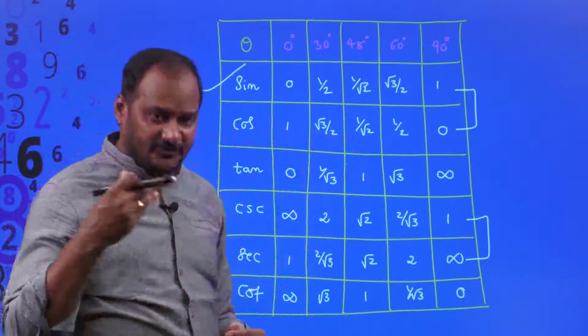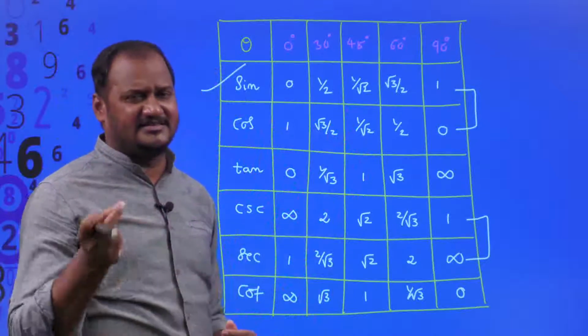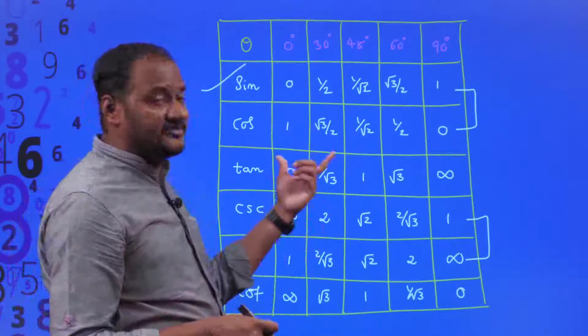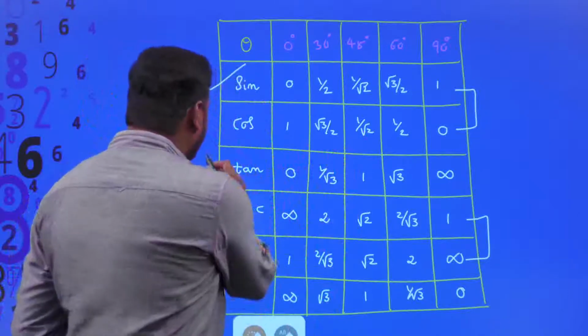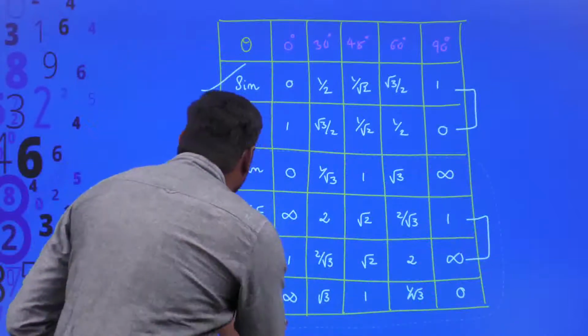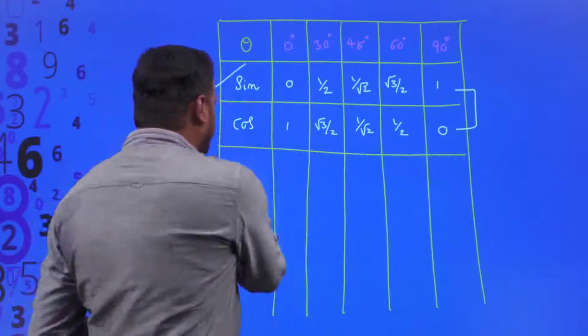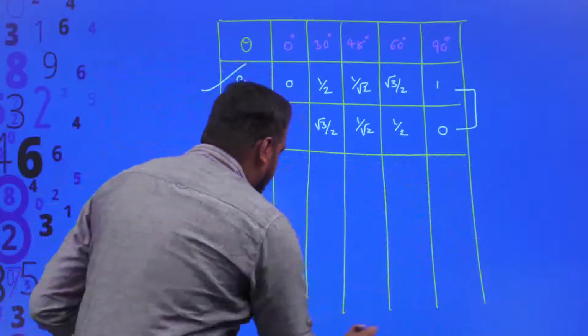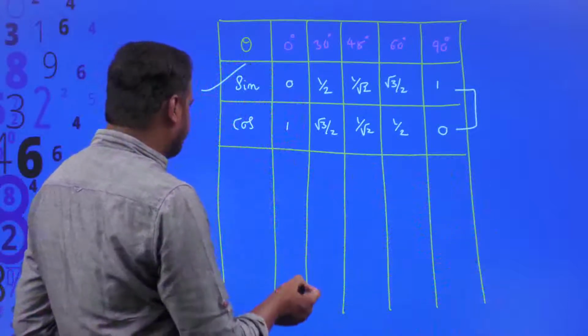If you feel that remembering all 5 values of sine is a bit difficult, then I will give you a hint for that also. Just have a look at this. I am taking the values of only sine. How am I getting the values of sine? Easily. What is my logic? A simple logic to figure out the values of sine.